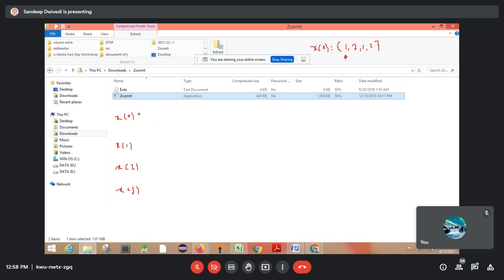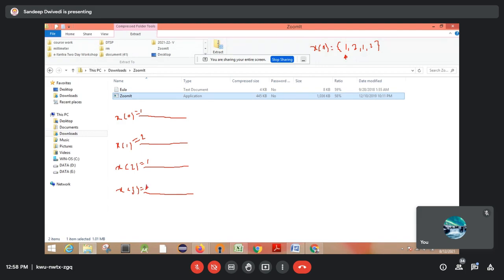Then you need to extend this. As I told you, this is a 4-point DFT, so how many stages will be there? Only two stages will be there for the FFT. After extending this, here you can write the values also, along with this x of 0. The values will be 1 2 1 2 like this, and again 1 2 1 2, like these values you can mark over here.